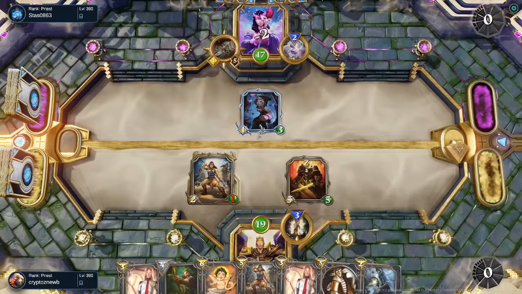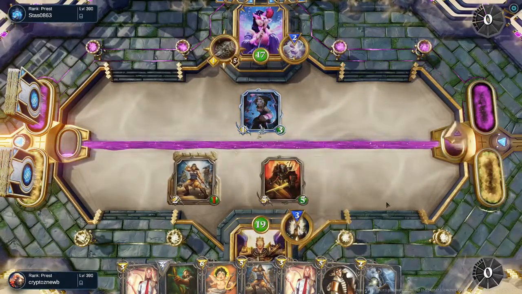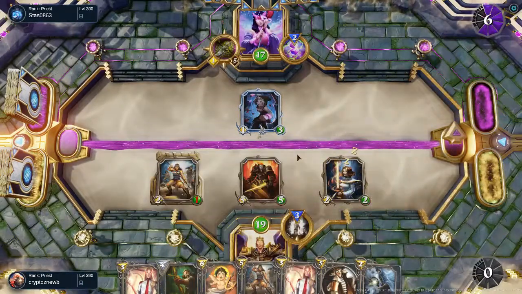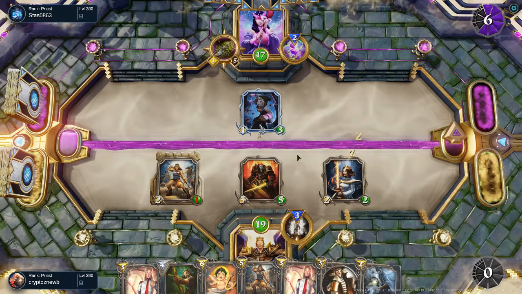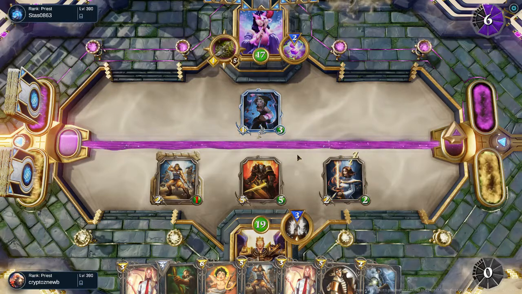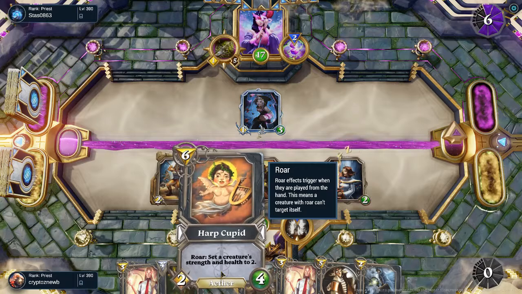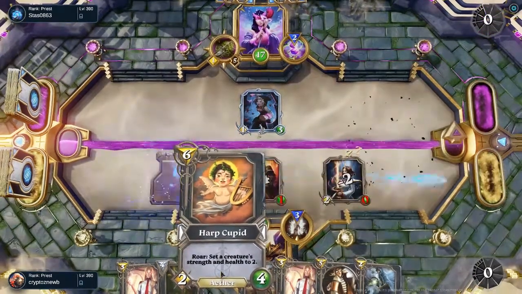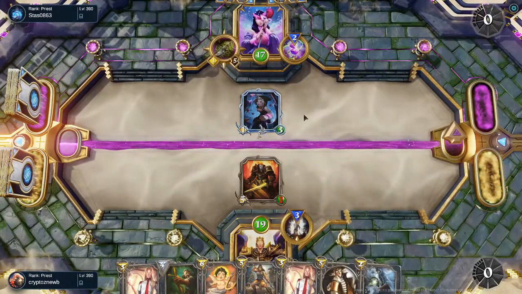He will probably ping my cleric with cheat next turn. But I'll just bring another one back out. I'll mouse over some of the cards in my hand for you guys to see who aren't familiar with them. There's the good old Rapture Dance. Is he gonna...